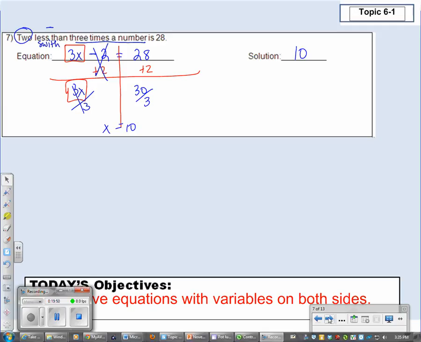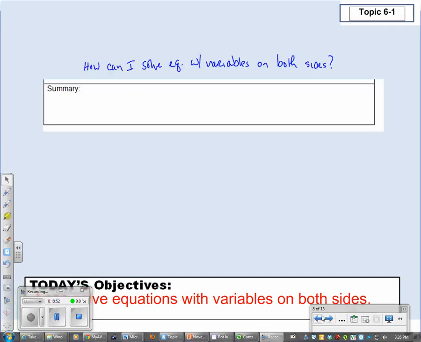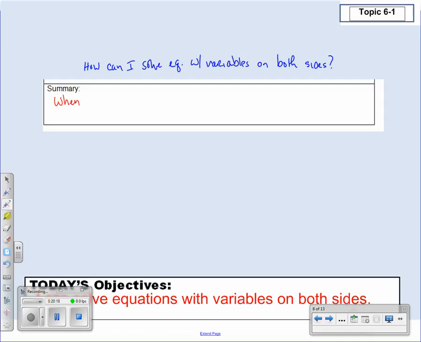Our final thing to do is to determine our summary. Our summary is answering that question that we wrote. And the question that we wrote was, how can I solve equations with variables on both sides? So I just want to answer that question rather than going through all the steps of solving equations. What in particular did we do in order to solve equations with variables on both sides? So the answer is, when we have variables on both sides,